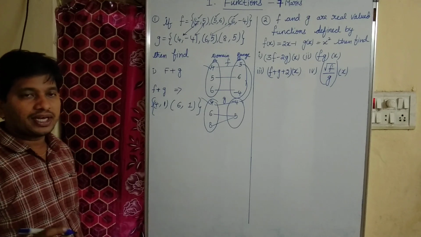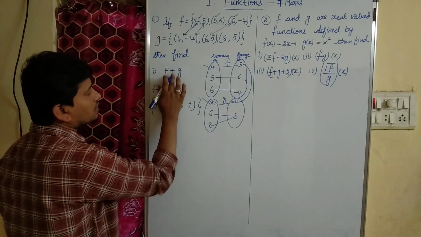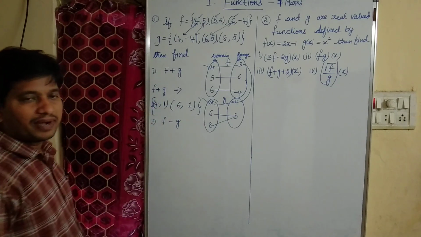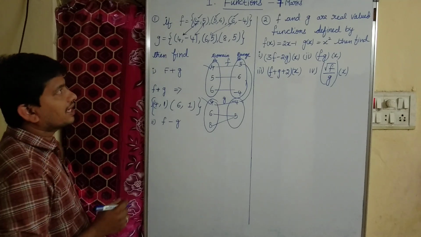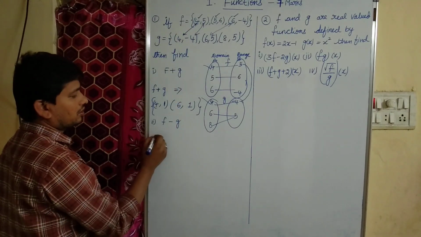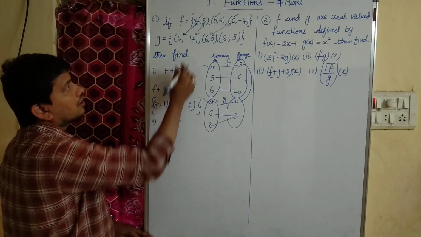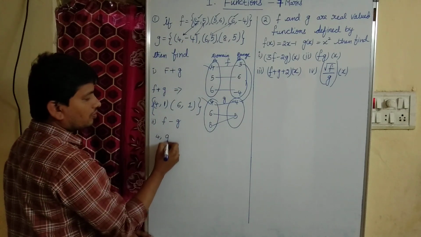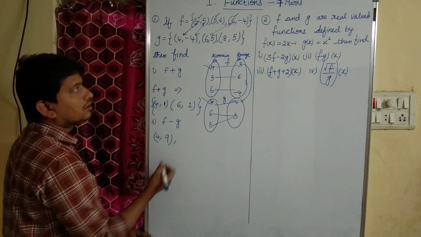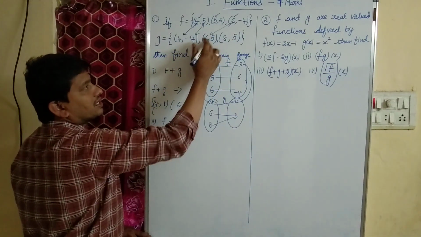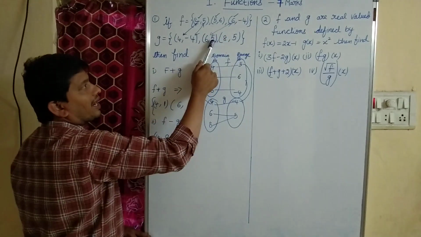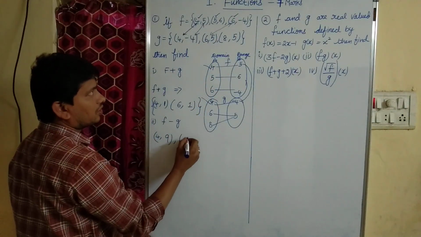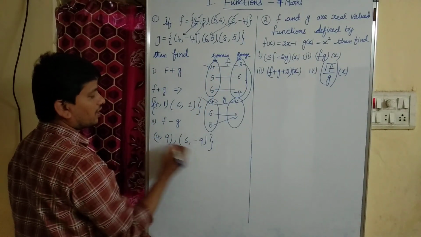Okay. The second one is f minus g. Suppose they are asking to find out f minus g. Here the operation is subtraction. Again children, here domain is 4, domain as it is, and we have to subtract 5 minus of -4, 5 minus of -4 plus 4, that is (4, 9), and again here domain 6, here domain 6, they both are equal. Now we have to subtract its ranges, -4 minus 5, that is equal to -9. So this is our f minus g.